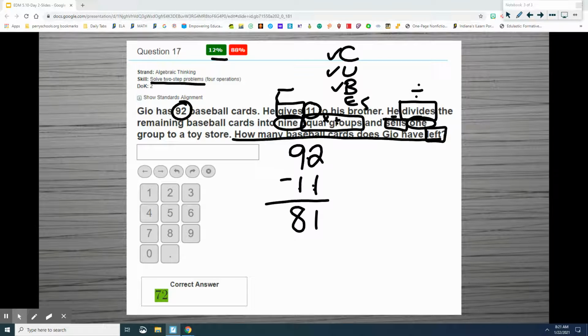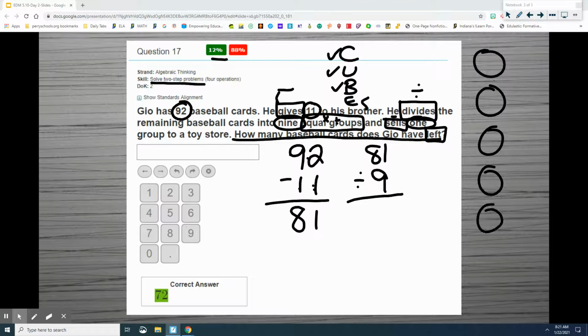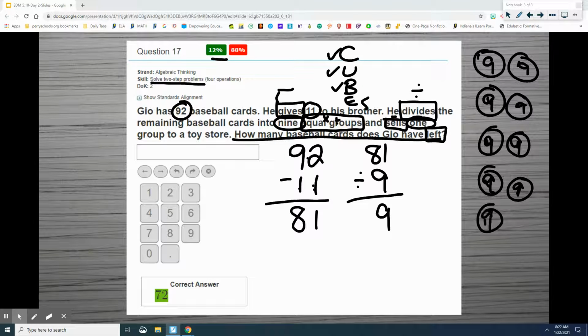The next thing he did is he divides the remaining baseball cards into 9 equal groups. I love that this one used the word divides. So we're going to say 81 divided by 9. If we needed to, we could draw out our 9 groups and split out 1, 2, 3, 4, 5, 6, 7, 8, 9, and go all the way to 81. For time, I'm just going to say that 81 divided by 9 is 9. So he has 9 in each group. So there's 9 here, 9 here, 9 here, 9, 9, 9, and 9. But we're not done